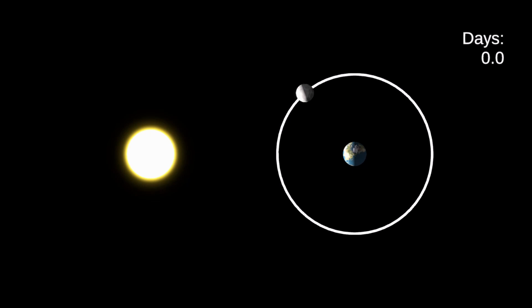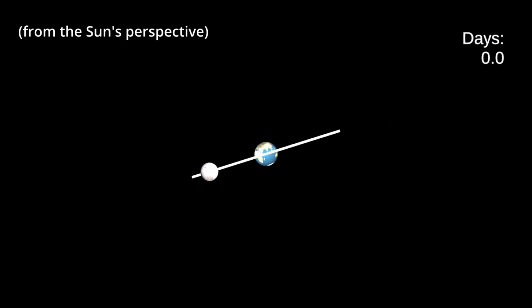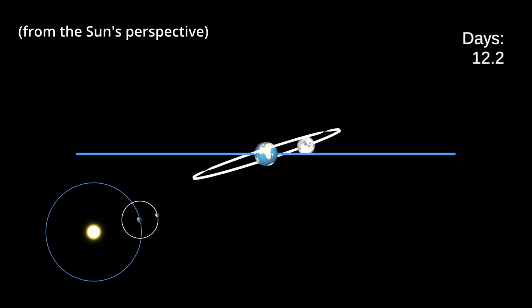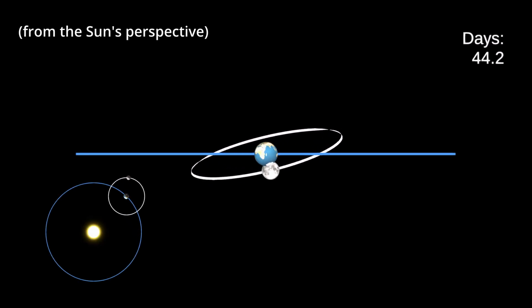So why isn't there a solar eclipse every new moon? It's because the orbit of the moon around the Earth is at a slight angle in relation to the Earth's orbit around the Sun. The real inclination is only about 5 degrees, but I'm exaggerating the effect for this animation. The result of this angle is that for most new moons, the moon is either too high or too low